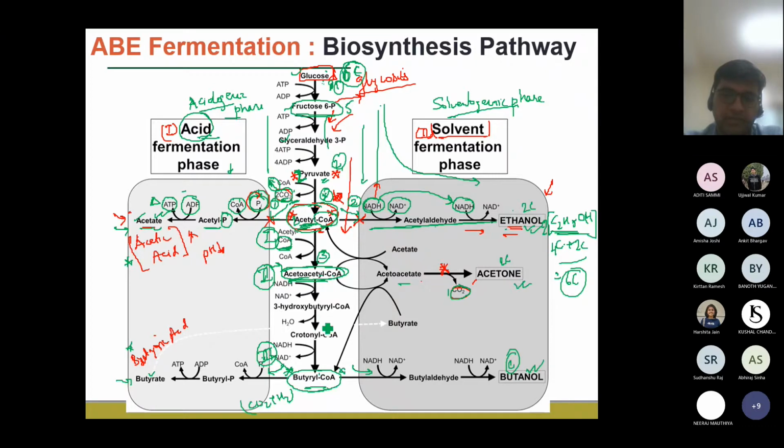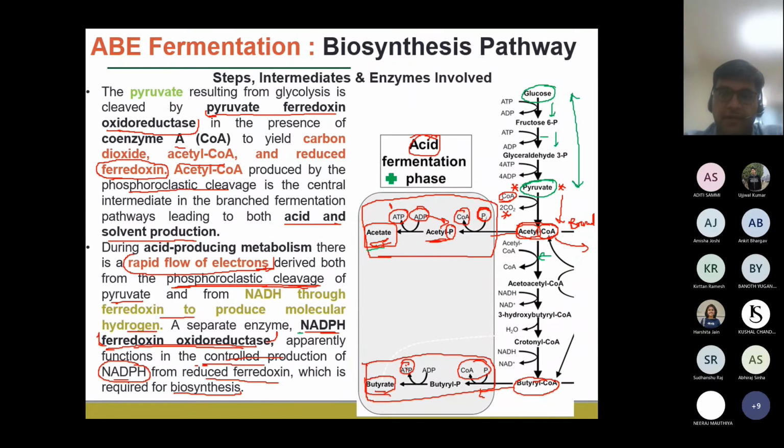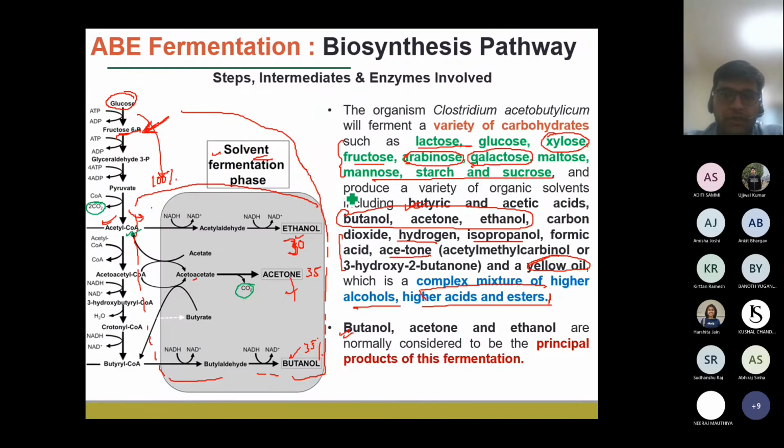Okay, and then like you can see from the acetyl CoA to the butyl CoA, what is happening? There is some change in the overall carbon atoms from the acetyl to the butyl group, right? So at what stage is the addition of carbon atoms actually taking place? That you have to highlight, and then you have to carry out the balance for the carbon atoms. Okay, so these types of questions may be there. You don't need to learn that overall pathway, but you have to understand this type of pathway in a detailed way. Okay, so this we have already looked into, so I will not go into this in detail.